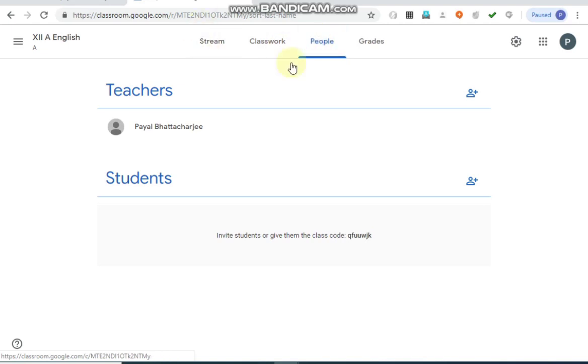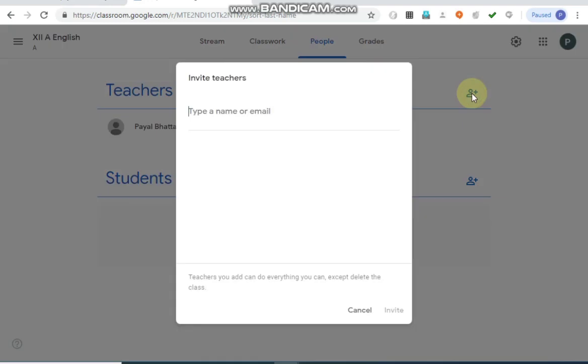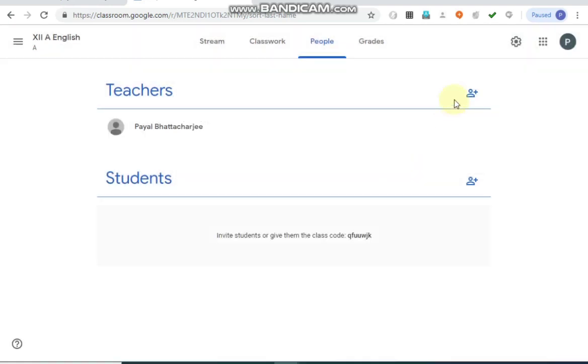So all these options are there in your mobile phone also. Suppose I want to add another teacher in this particular classroom. So what I will do, I will click on this person plus icon, this one, to invite the teacher.